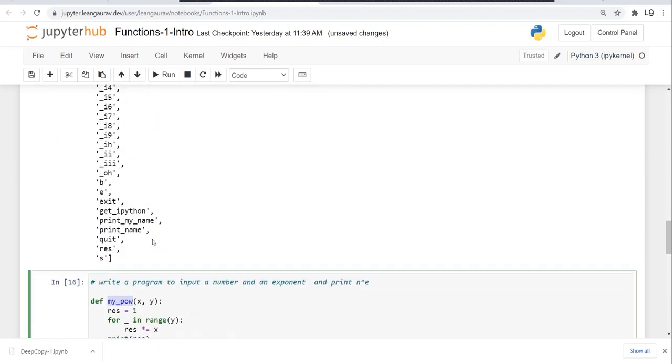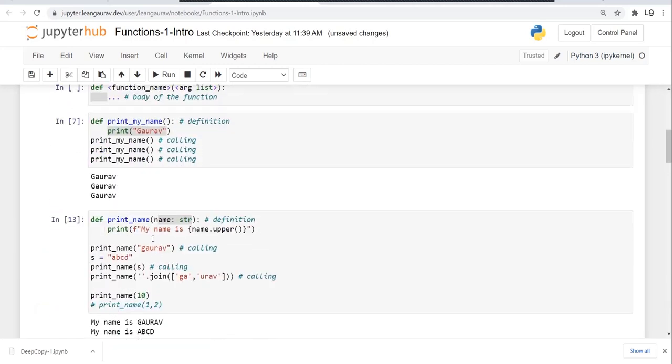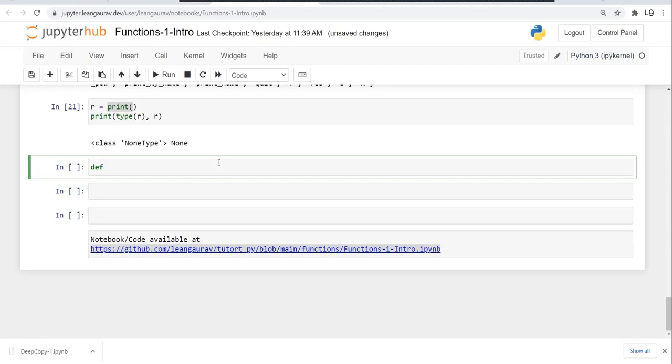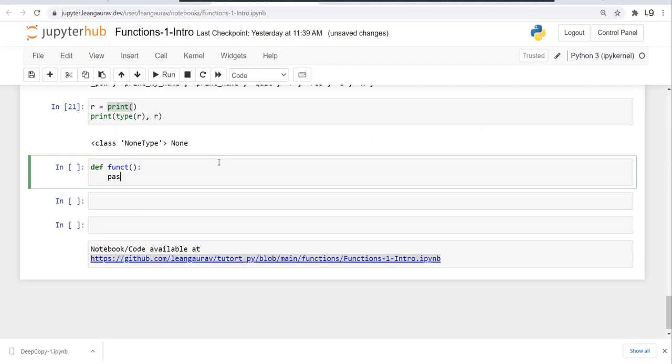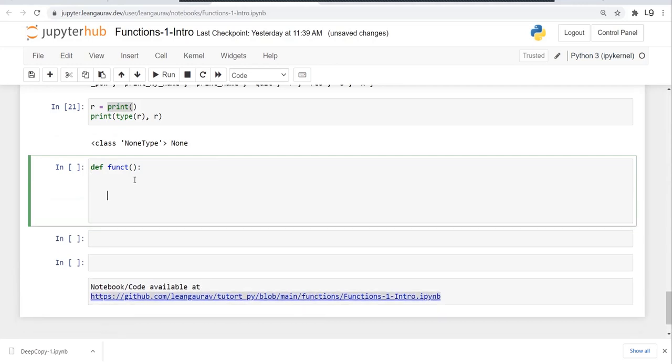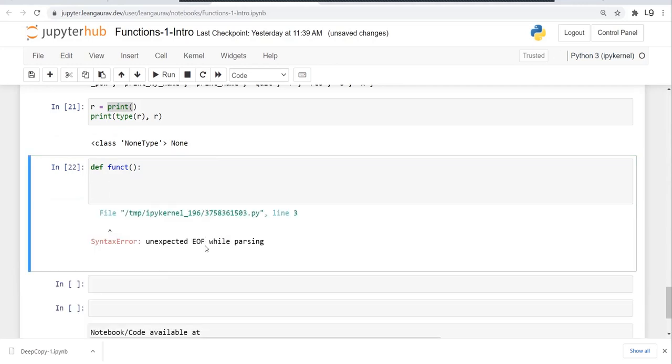This doesn't return anything. And even the function before that, which is print my name, doesn't return anything. So let's do one thing. Let's define a function. Let's say def func, and let's just put a pass over there. So pass is used to just complete the syntax, because if I want to define a function which doesn't do anything, and if I just run the code, it's going to say